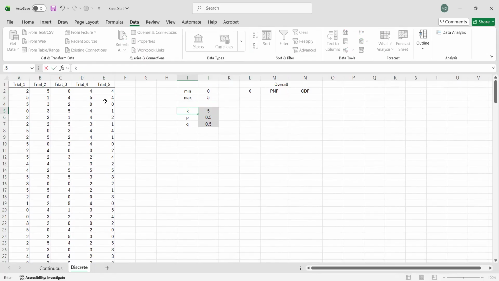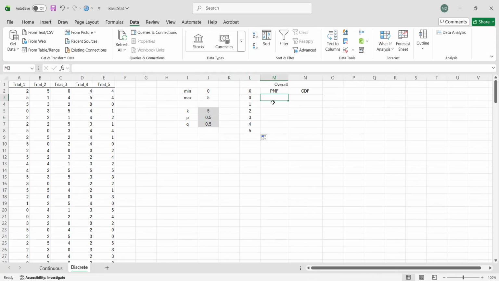The number of trials is 5, and we set our probability to be 0.5. So the probability of success is 0.5, the fail is 0.5. So equal, meaning 50-50 chance. So now we have values from 0 to 5. We can manually type 0 to 5 or just type the first 2 values and drag it downwards.